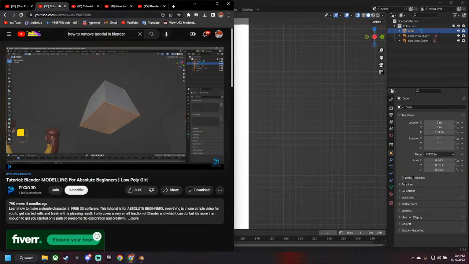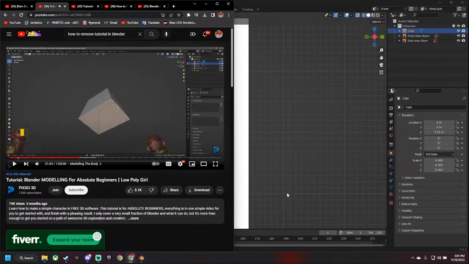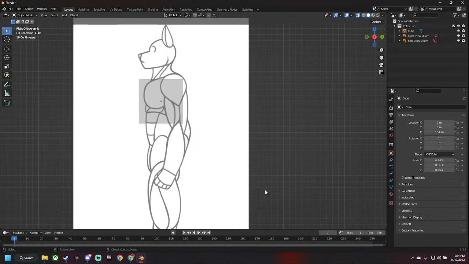So now that we have that roughly in place, what we can do is extrude this bottom face. One way to do that is to left click and drag to select all of the bottom verts. But I'll quickly mention you also have these options up here for different selections. You can also click on the face mode, and now instead of selecting verts, you can select a face, which